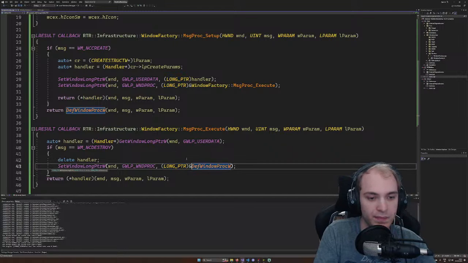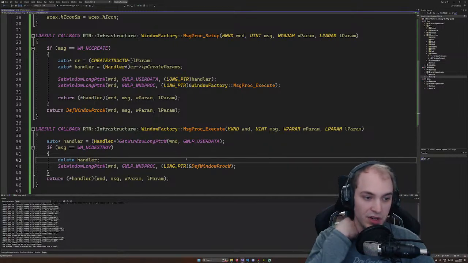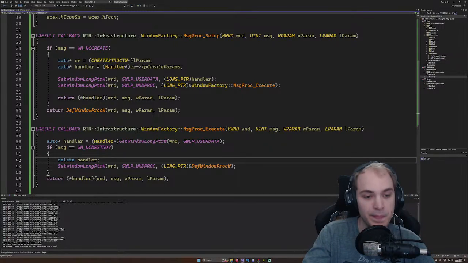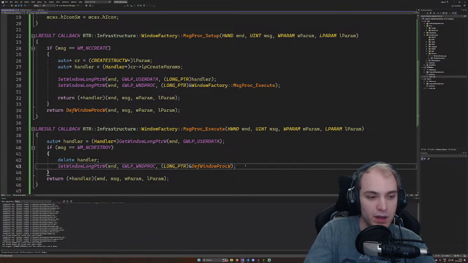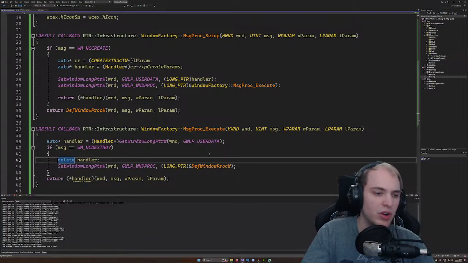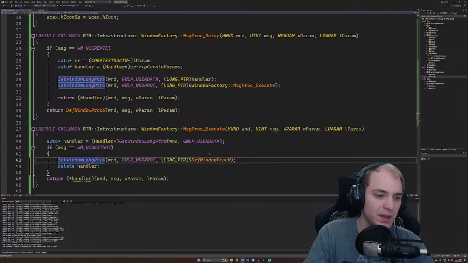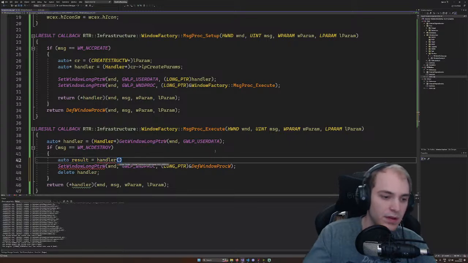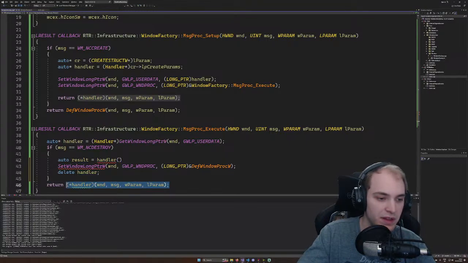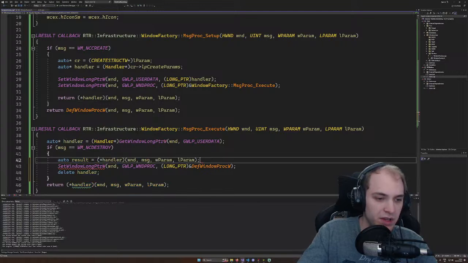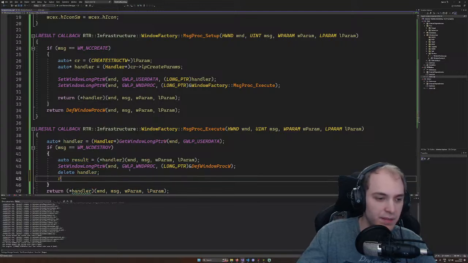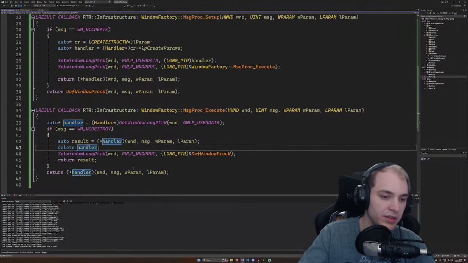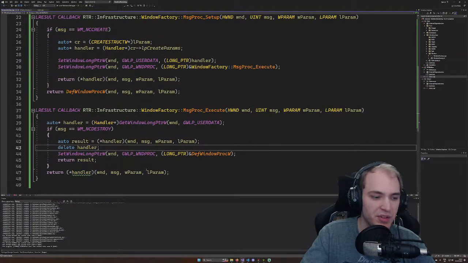Long pointer. Then we gotta make sure that everything is handled correctly. And we might want to call the handler previously. So I might say result equals handler, something like that, so that NC create actually gets to the handler. Then we can use the result from the handler, but the handler is probably also gonna call